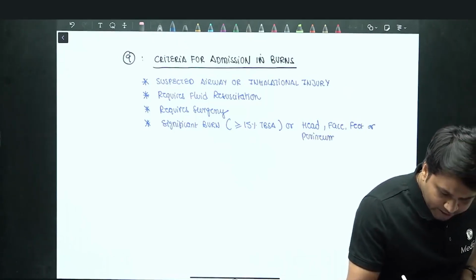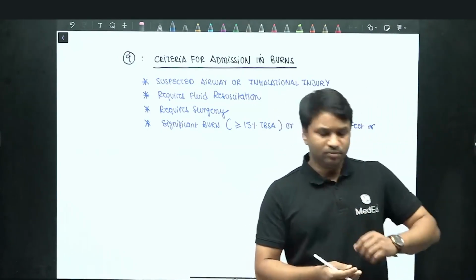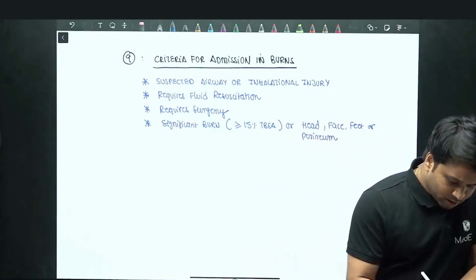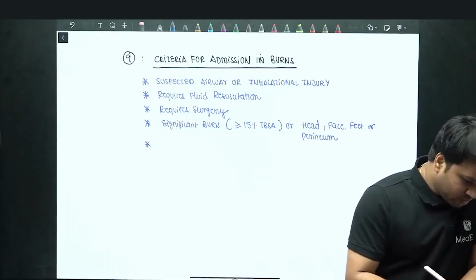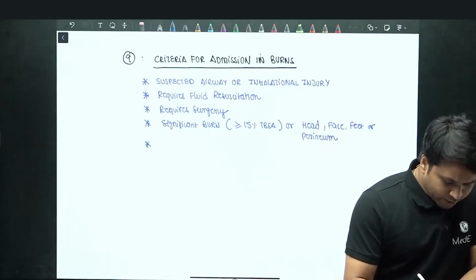Burns to the head, face, feet or perineum are considered a significant component of burn. Now, a patient from low socioeconomic status,